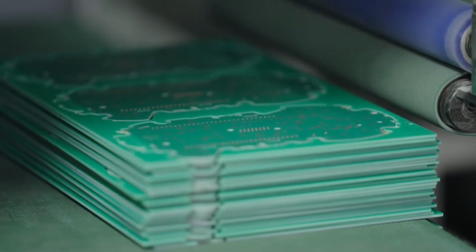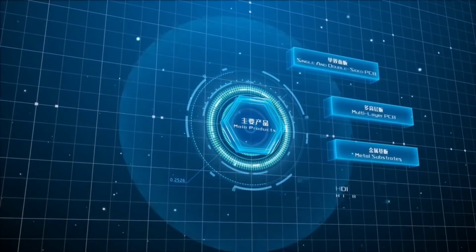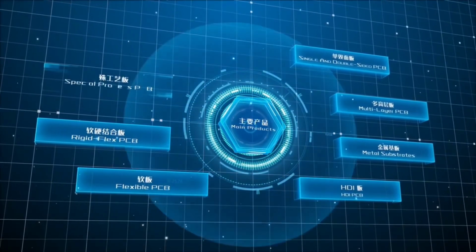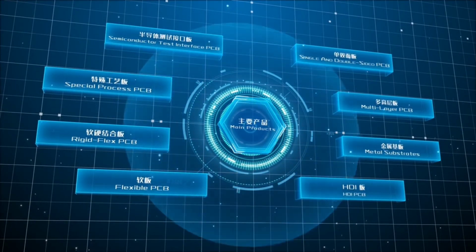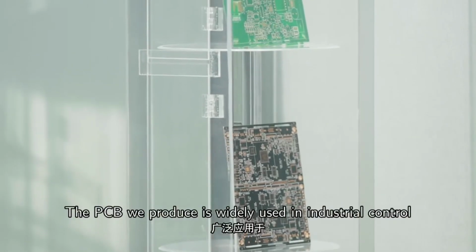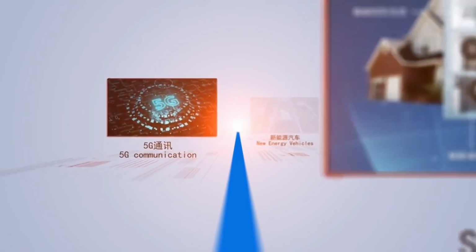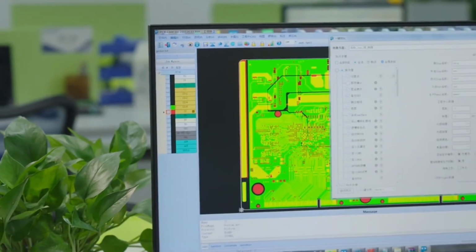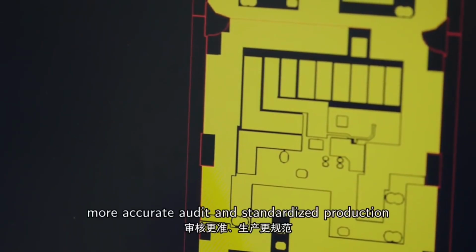The main products include single and double-sided PCB, multi-layer PCB, metal substrates, HDI PCB, flexible PCB, and rigid flex PCB, special process PCB, semiconductor test interface PCBs, etc. The PCB we produce is widely used in industrial control, smart home, 5G communication, new energy vehicles, medical and other fields. The self-developed IPCB industrial software builds a bridge between PCB design and manufacturing, making faster design, more accurate audit,